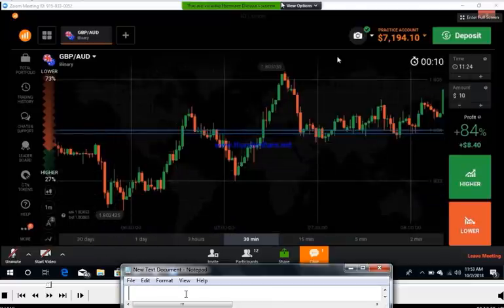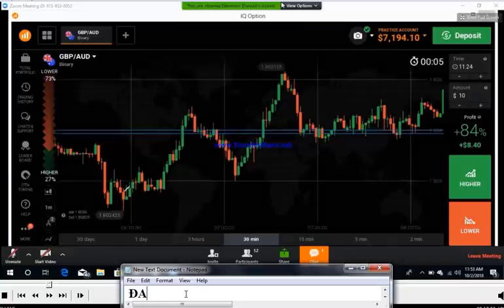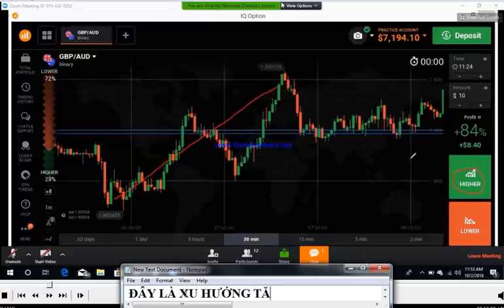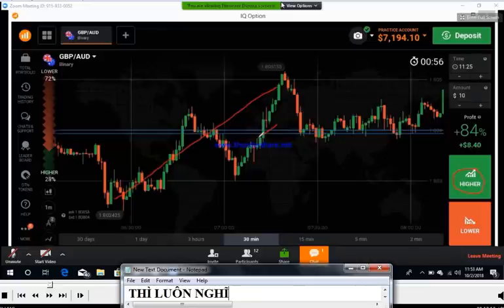This is an uptrend. In this uptrend, you must trade in the direction. In the direction means higher option, but where? At the strong level. At this level, you need to place a trade in the direction of the trend with the higher option. You can see this candle can't break this level, right? You can trade on the next candle with confirmation. I will show you how to take confirmation.